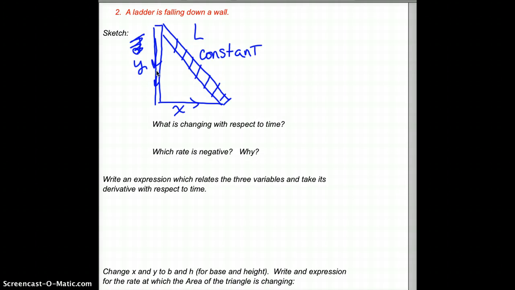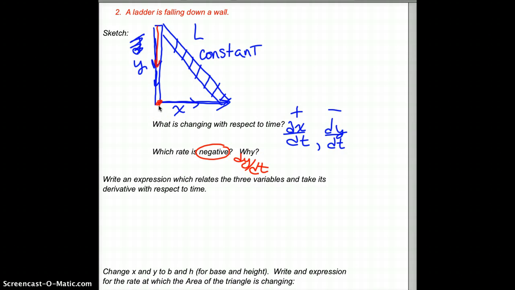So when it says what is changing with respect to time, on this picture there's two things. X is changing, or the distance along the ground right there. So we'd see dx/dt. That would actually be a positive number because it's getting bigger, or I'm moving away. We also have y that's changing over time, and we'd say that's a negative because this is moving down or getting shorter. We call L the constant. So when it says which rate is negative, we would say dy/dt because it's getting closer to the start,